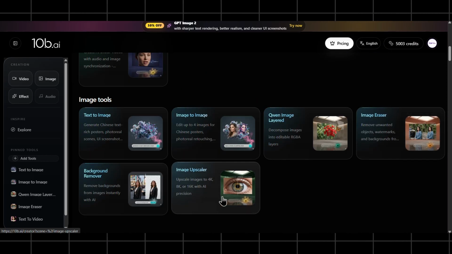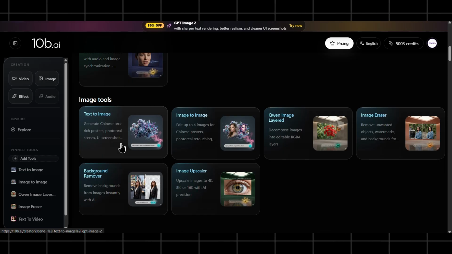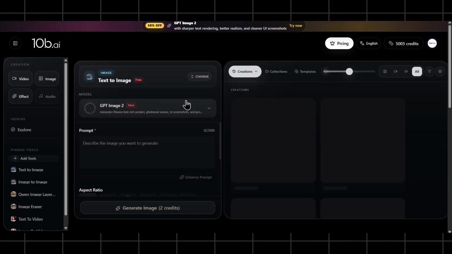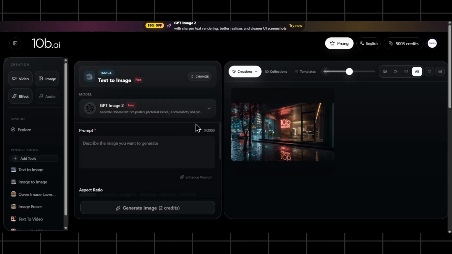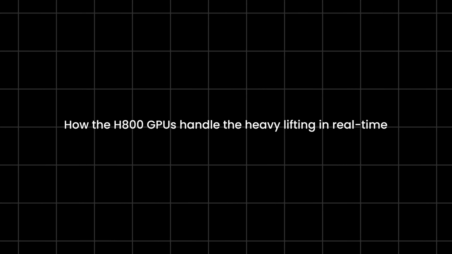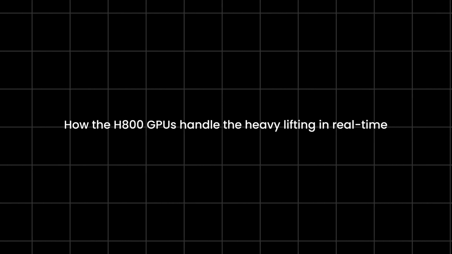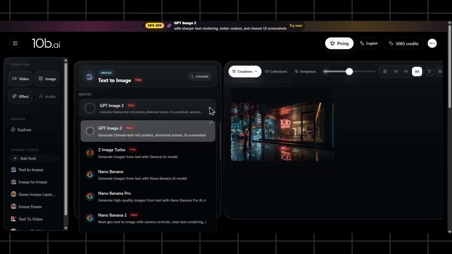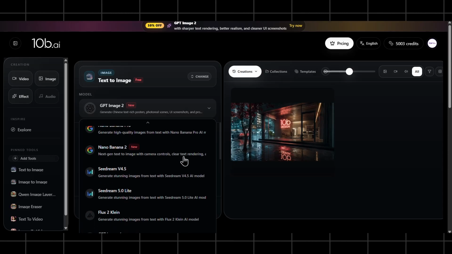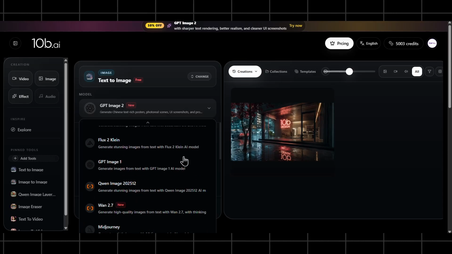I am starting with generating an image in text-to-image. Instead of the usual cyberpunk city prompts, let's try something with complex textures and lighting to see how the H800 GPUs handle the heavy lifting in real time. There are different models from Seedance to Nano Banana. Right now, I am going to use GPT Image 2 because it's the latest model and I want to see